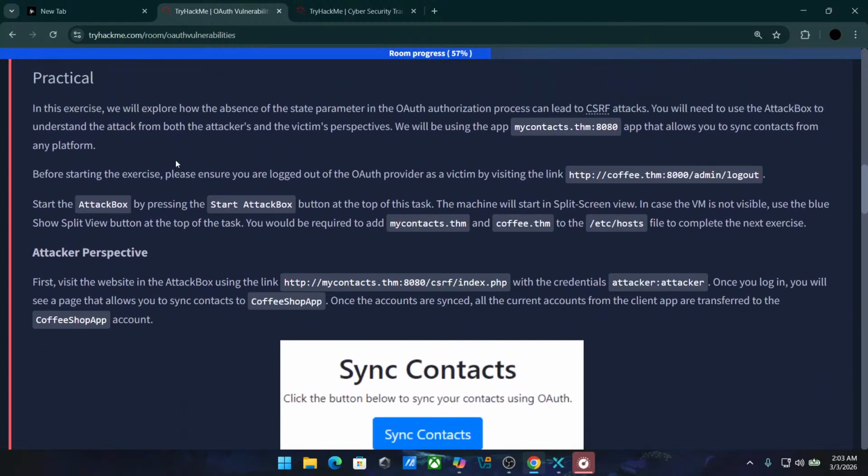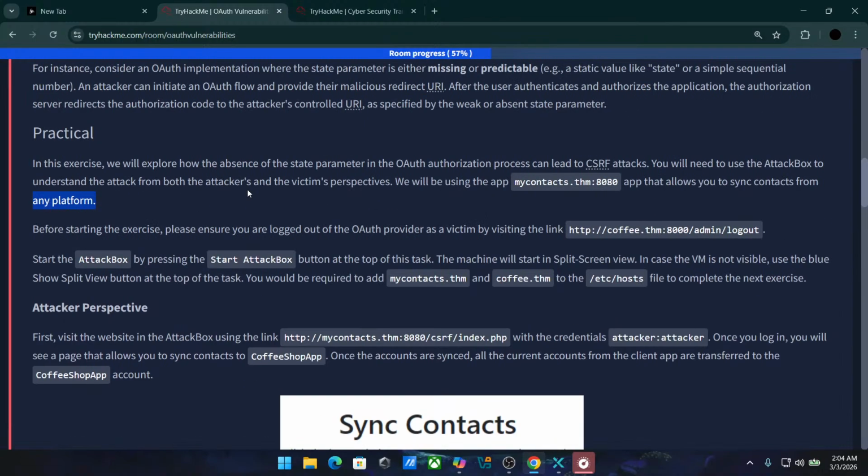Practical. In this exercise, we will explore how the absence of the state parameter in the auth authorization process can lead to CSRF attacks. You will need to use the attack box to understand the attack from both the attacker's and the victim's perspective. We will be using the app My Contact THM 8080 app that allows you to sync contacts from any platform. If we need the attack box,